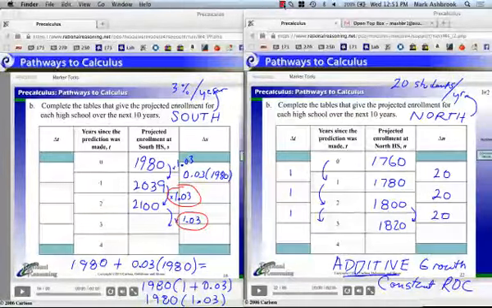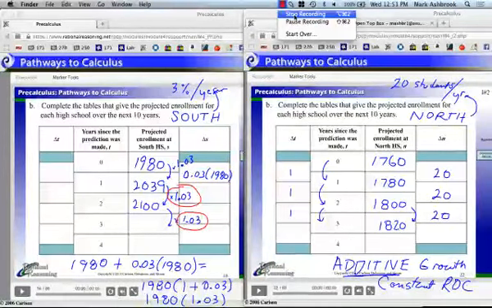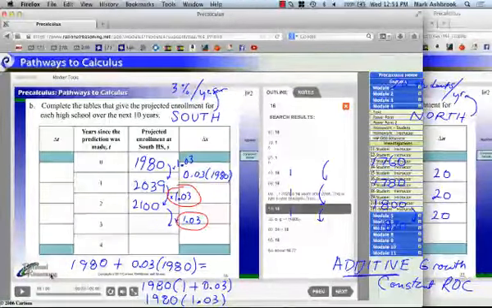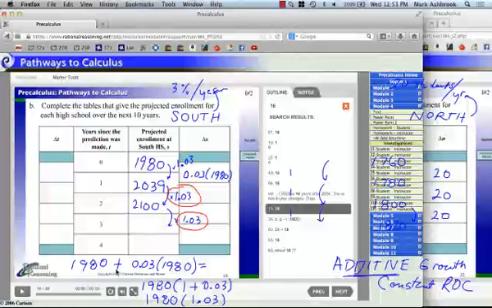I got this until 1980 plus 0.03 multiplied by 1980, but I didn't get how we got the 1.03. That's what I worked out here. See down here? Do you understand this right here? Yeah. You take 3% and you add it to the original amount. So I factored out 1980. If I factor out 1980, that leaves 1 and then plus 0.03. These both have a factor of 1980. So I'm pulling out, dividing each by 1980, and then calling it 1980 multiplied by the resulting 1 and